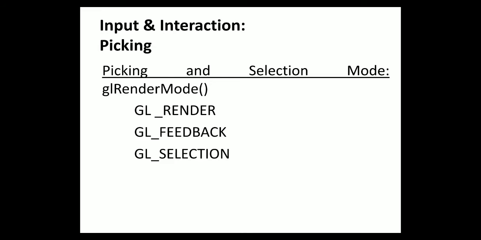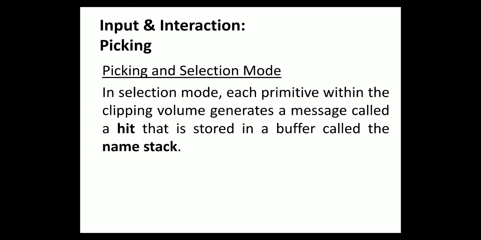Then GL_FEEDBACK is just going to store the values that have been selected as data from the graphic, whereas in GL_SELECT, it is specifically going to create a list. Every portion of the graphic that has been selected will be called a hit, and that will be stored in the name stack. How many times you select, that many data will be stored into the name stack. So overall, they are going to be called the hit list. Now here in the selection mode, we are going to extract every primitive that has actually been selected by the selection procedure, and every portion is called a hit, and they will be stored in the buffer called the name stack.